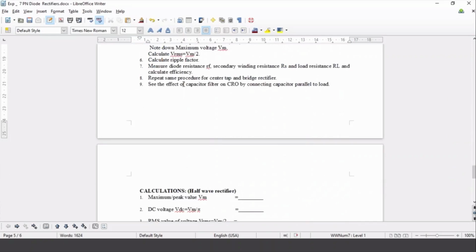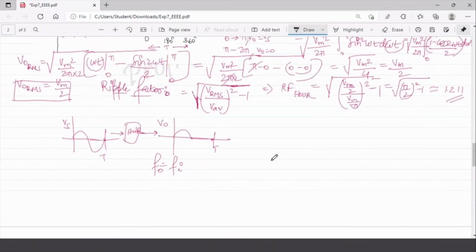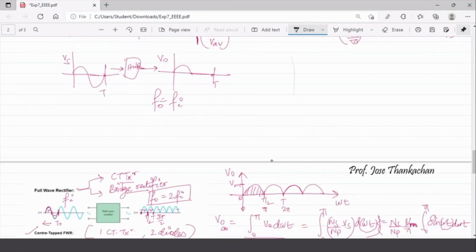And you can see here that we are having a pulsating waveform, right? Now how to reduce that pulsating effect. This pulsating waveform you have for both half wave and full wave. For example, if you are having this pulsating waveform, right? We don't want this type of waveform. This is not a pure DC.